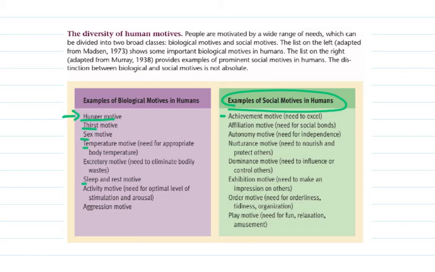So even when we have something like the achievement motive, different people have varying needs to excel, and they might have different areas in which they wish to excel. So there are individual differences with regards to that. But when we talk about something like hunger, the motive of hunger is very universal to human beings. People might feel hungry to varying degrees, but everyone feels hungry at one point or the other, every day, really.